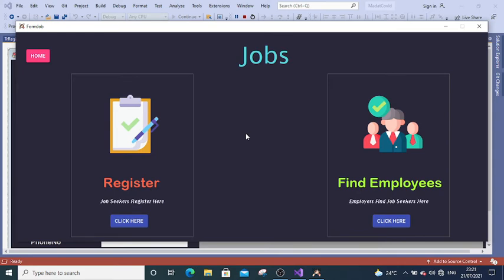So on Madad, people who are interested to do some jobs can register themselves. If they register on this app, they can be found by potential employers who want certain qualities. These employers will contact these employees so that they can do the job. So now I'll click register.